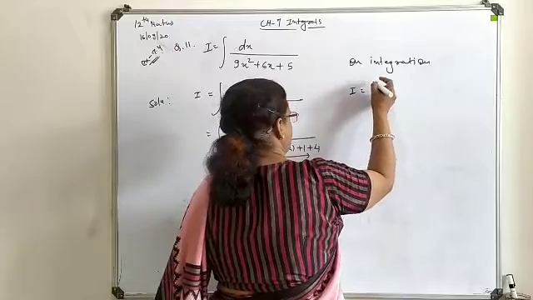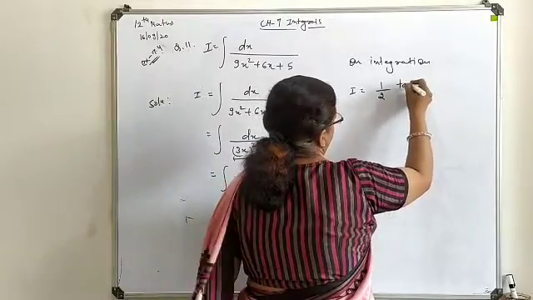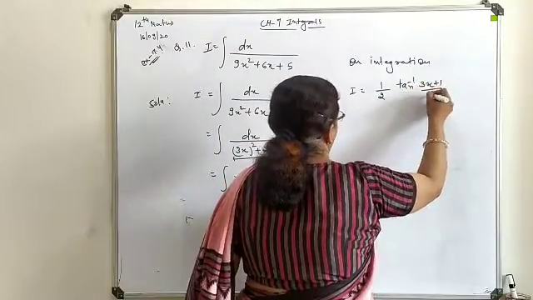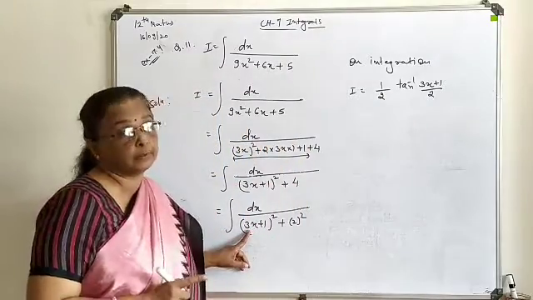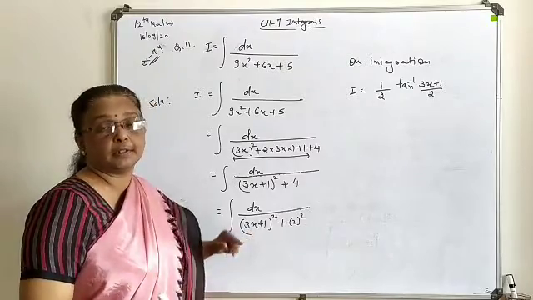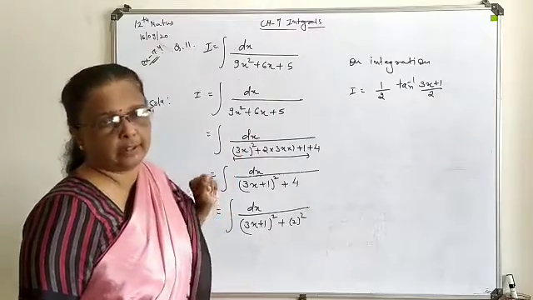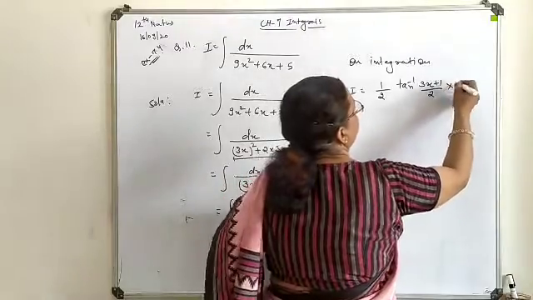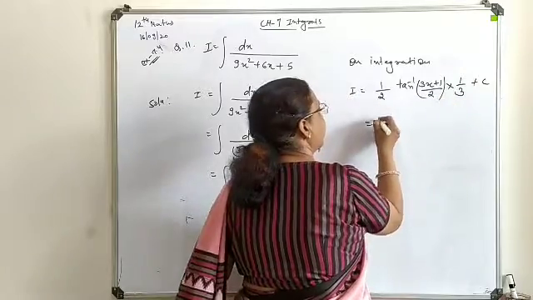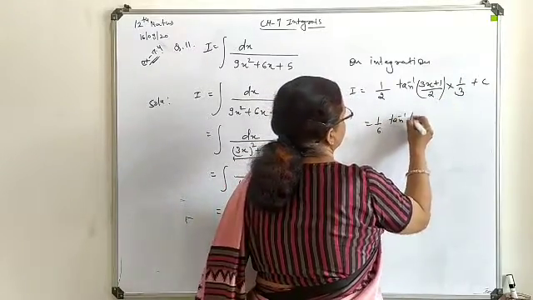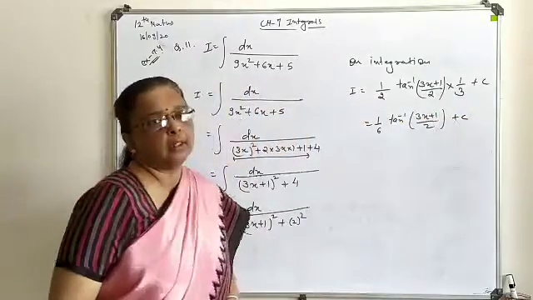So what you will get on integration, your I will be converted as 1 upon a, 1 upon a means 1 upon 2 tan inverse x upon a. Now here one more thing is to be kept in mind. Your x is written as a multiple of 3. So when you are talking about a constant as a multiple of the variable, that constant we have to divide by the derived term. So here this will be 1 upon 3 and the constant. This is the angle, this is a separate term. So this will be your 1 upon 6 tan inverse (3x plus 1) upon 2. So this way your answer will come out.